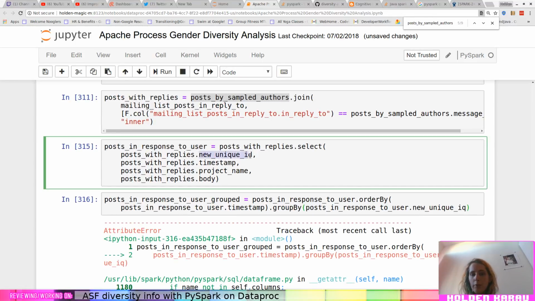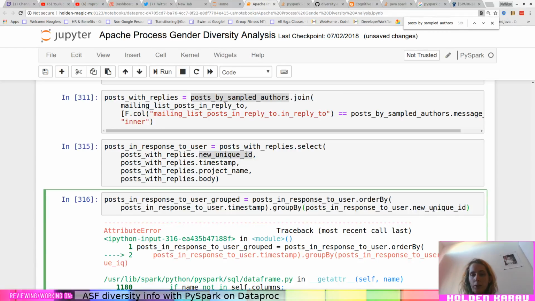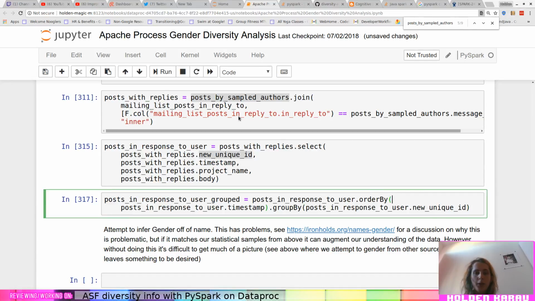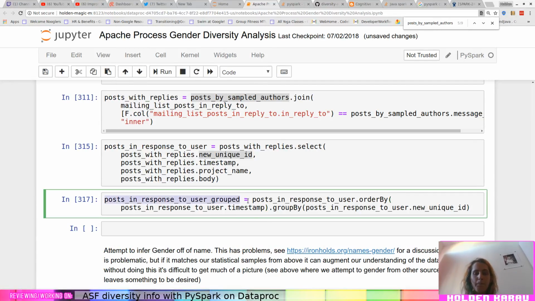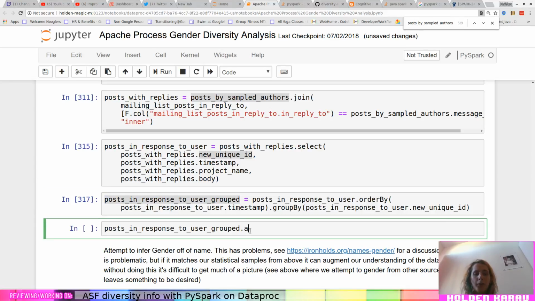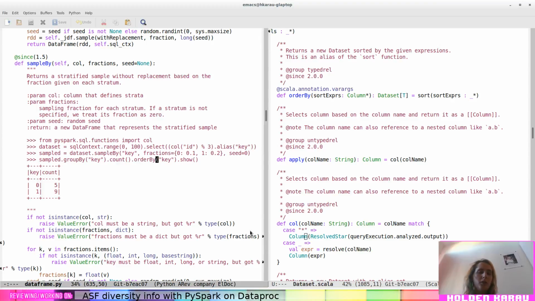I probably can't spell because I'm pretty tired. Cool. Insert cell below. Dot agg, dot functions.